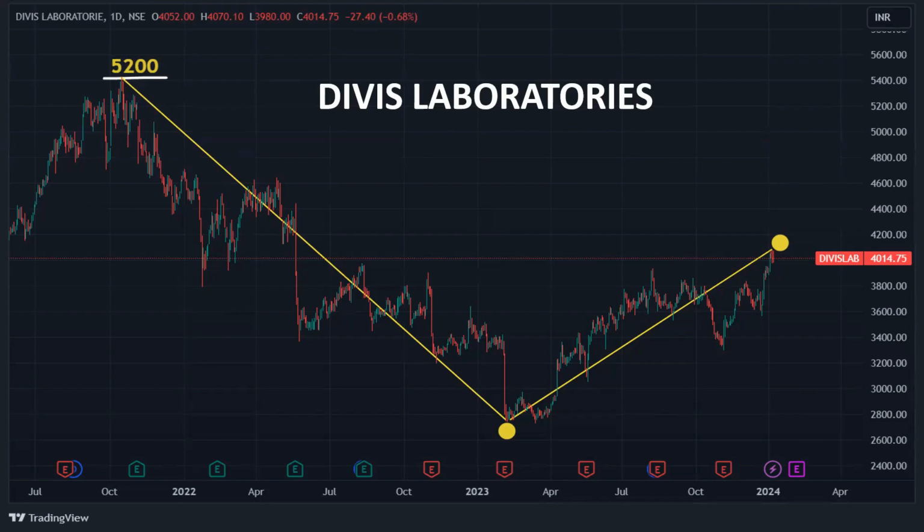From all the way 2,800, now it is available at around 4,000. So when you enter at a bottom price like this, you will find a good opportunity. You will make good money in multi-folds. Multi-baggers are not available with a label, but we need to find which companies are the multi-baggers. So when you buy at a very low price, the company gives you multi-fold returns.